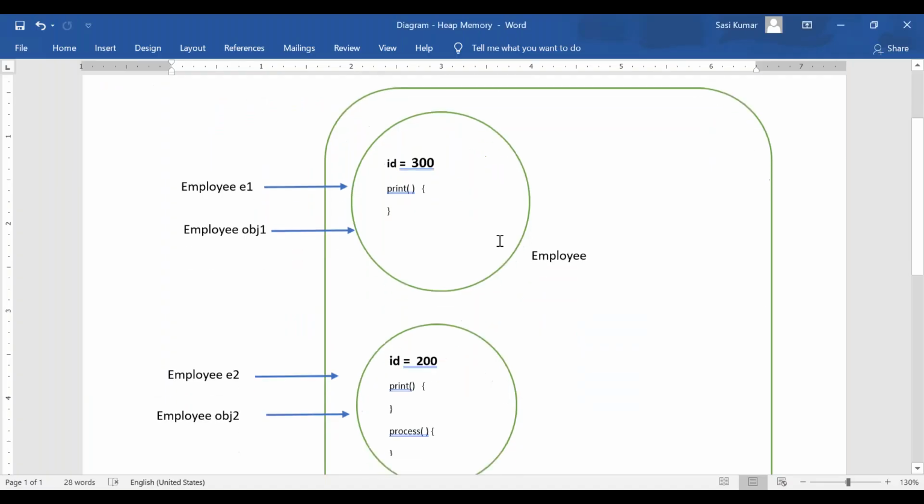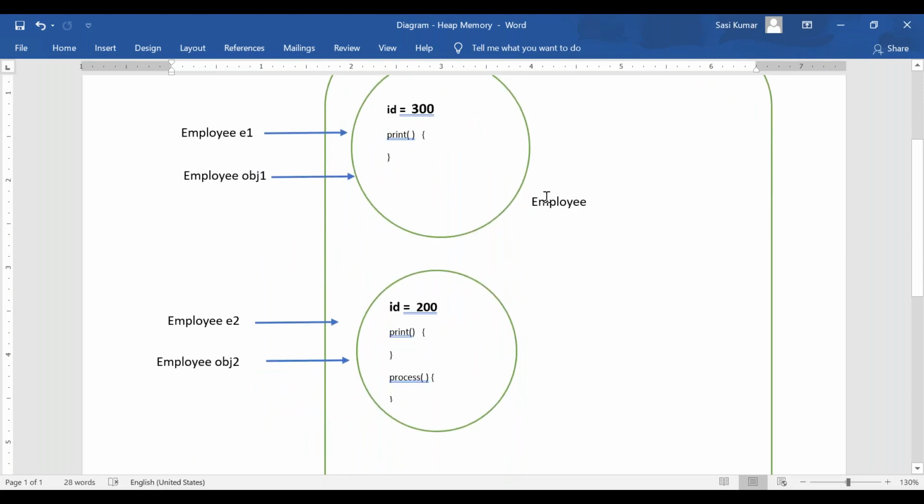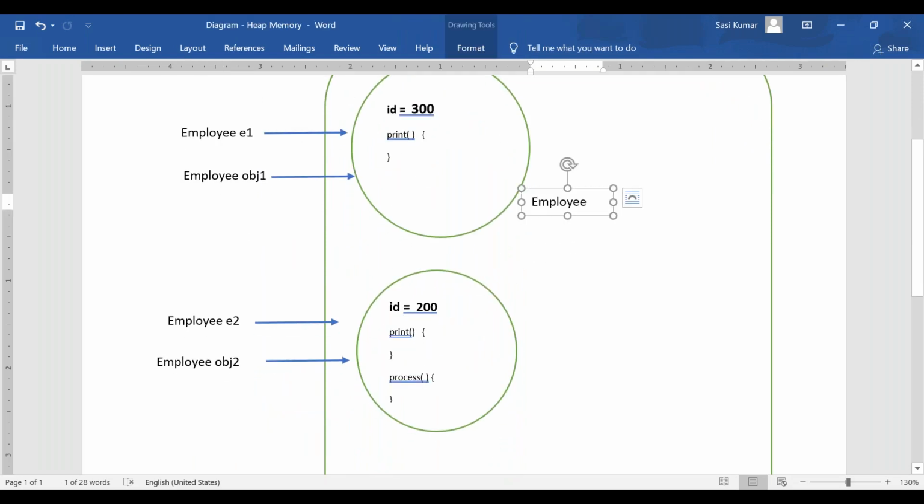So let's go ahead here. Now, if I change anything through E1 and obj1, the first object will be affected.